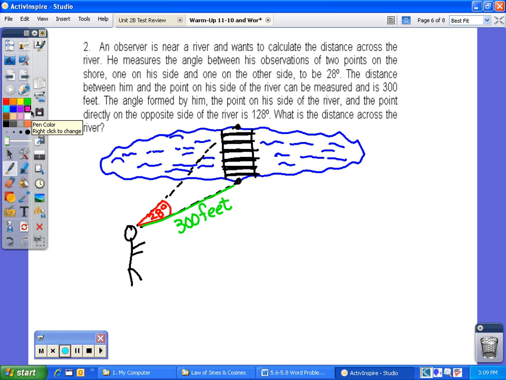The distance between, so that's the 300 feet, and then they said the angle formed by him, that's him, the point on his side, and the point across from the river. So that's 3 different points being used to make an angle. So when you use 3 points to make an angle, here's that angle right there. Okay, this angle here is 128 degrees. So as you can see, just from my picture, I wind up having